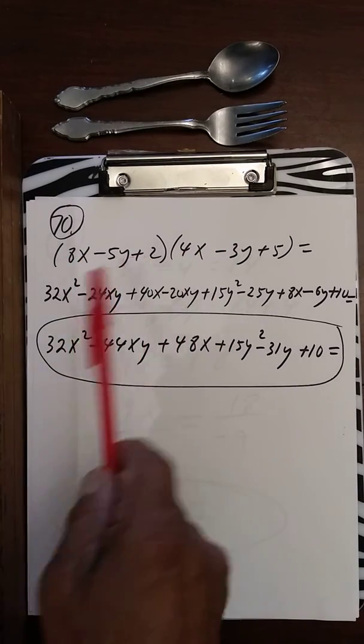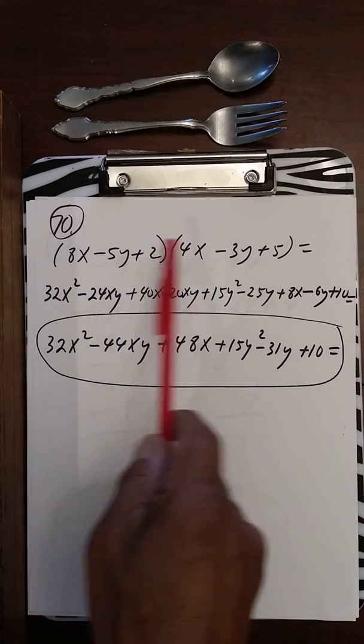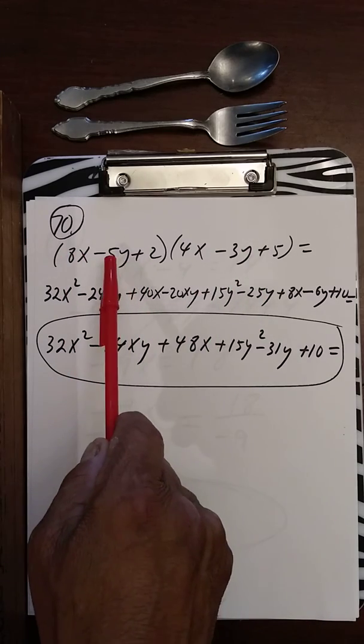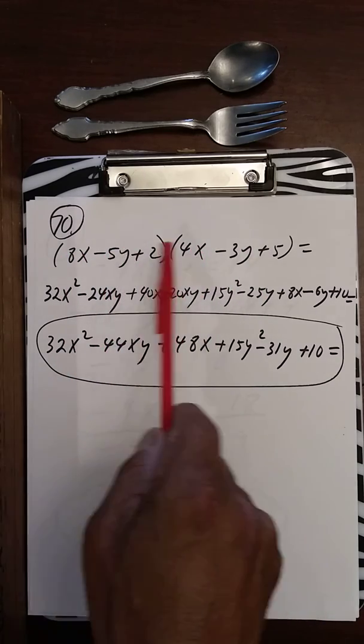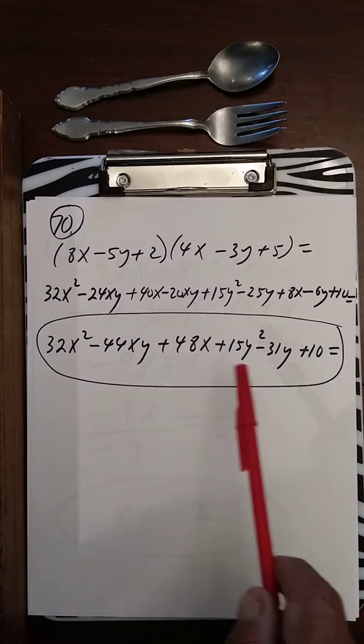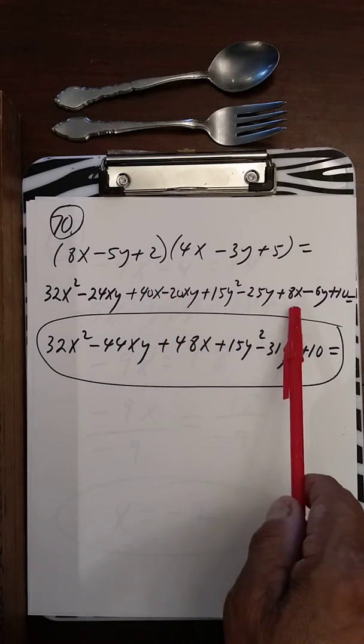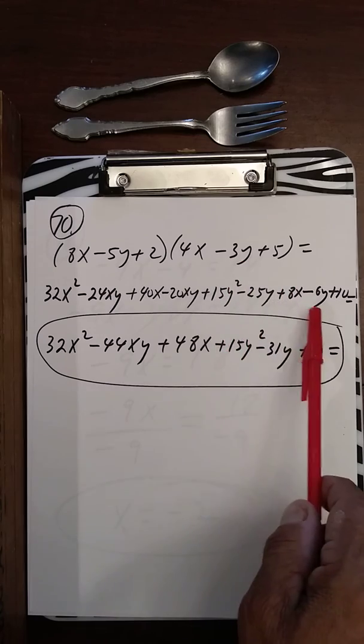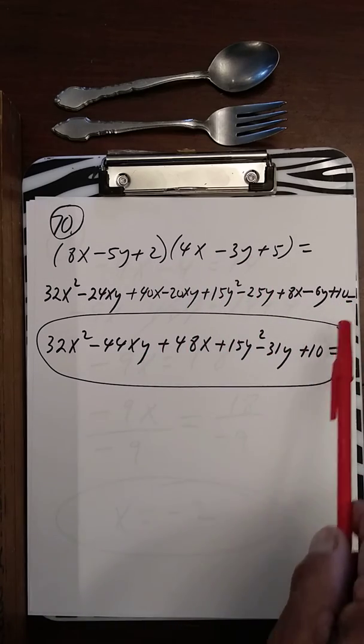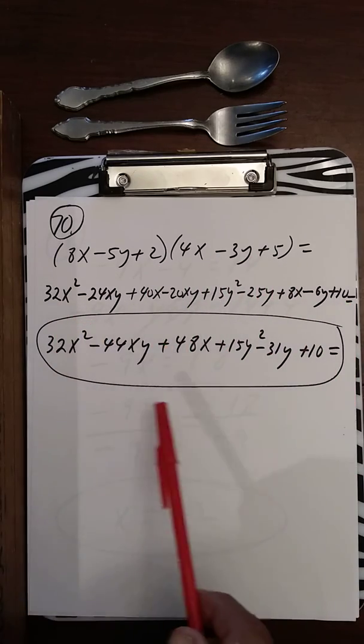So, first and first is that. First and second is that one. First and last one, there it is. The middle one, this one, times that one, times that one, times that one. And the last one, 2 times 4 is 8. 2 times negative 3 is negative 6. And 2 times 5 is 10. Let's see what we have. 32x squared,